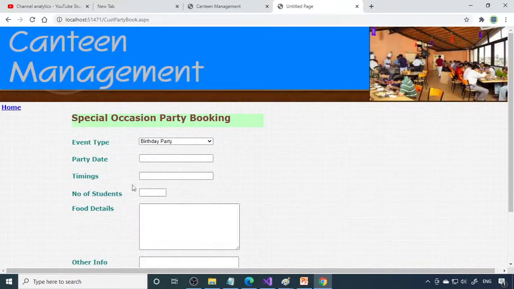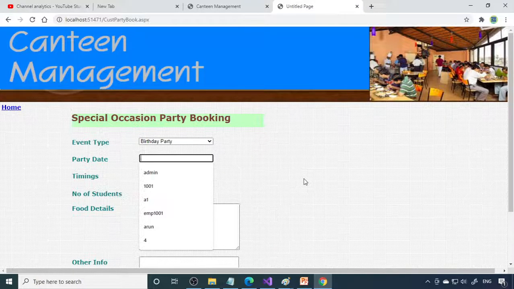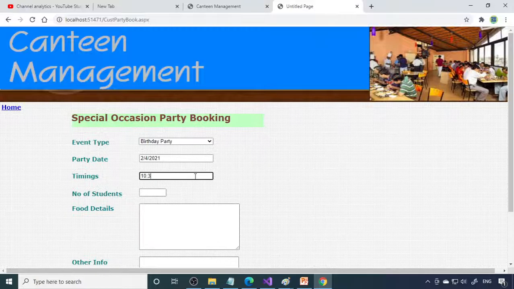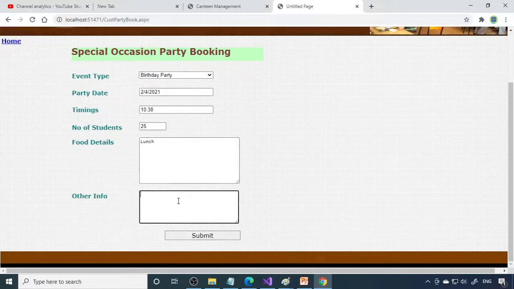So now this is a special occasion booking. What is the event? Party, result party, celebrations, birthday party. Booking date you have to write. So this is 2 for 2021. Timings 10:30. Number of students 25. What are the food you require, that you need to write. Okay. So you require a lunch. So you need to write for lunch what all you require. Other info: lunch at 1 p.m. Right. So when you submit this,